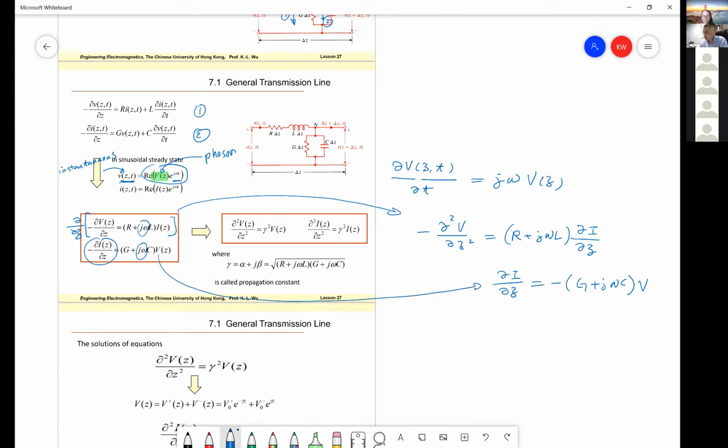You substitute this into this, so easily we can find this equation. So this becomes a single variable, but a second order differential equation. Very easily we can find it, because after substituting this into this, we have